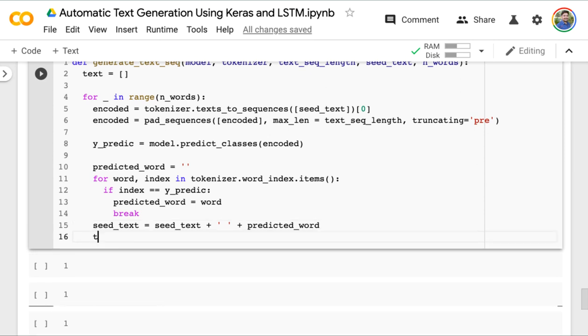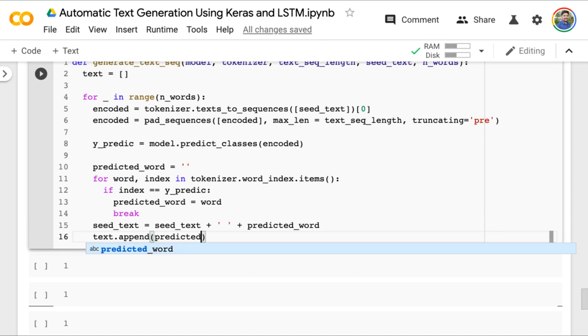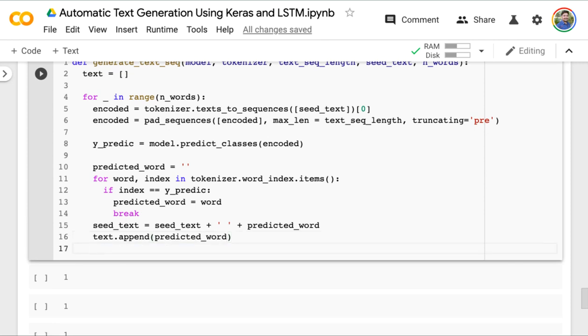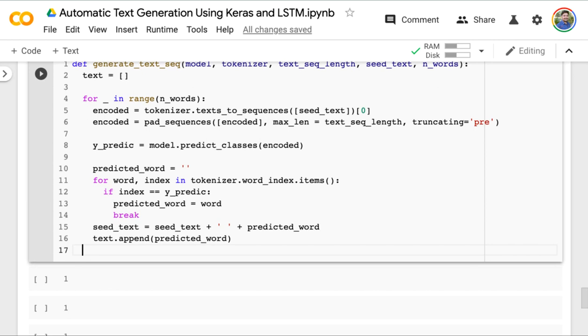And then finally text dot append the predicted word. Let me complete this code first, and then finally once it is done, return all the